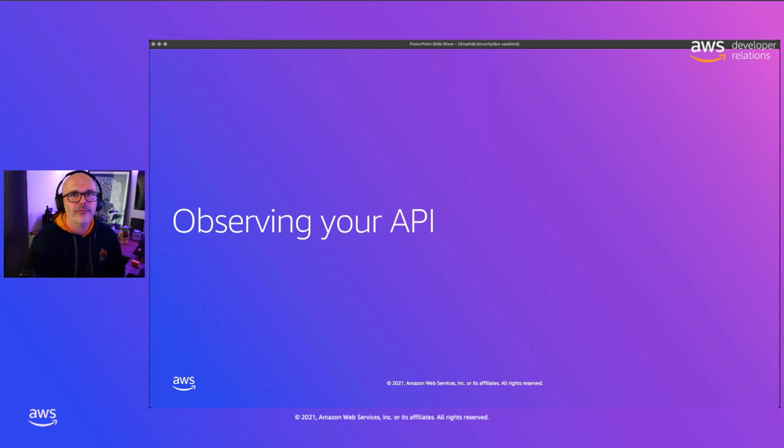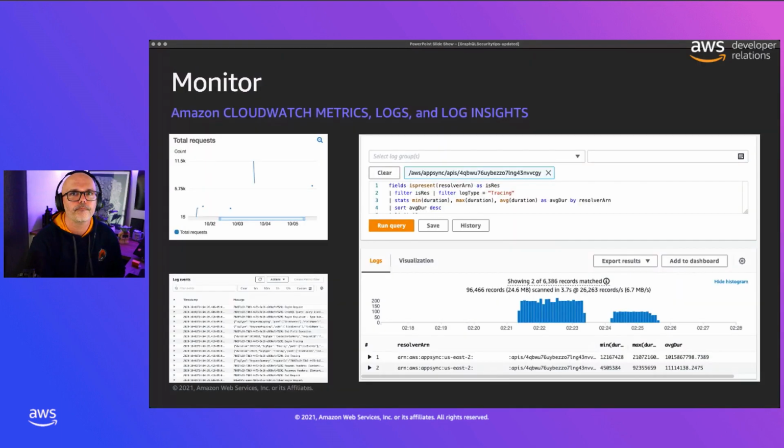Next, we're going to take a look at protecting performance. First thing you want to think about when you talk about protecting the performance of your API is making sure that you can actually monitor that performance. Therefore, making sure you understand what's going on with the performance and with your API. AppSync allows you to do that by providing CloudWatch metrics. So by default, you can monitor the latency of your API, and you can also monitor the number of requests that are coming into your API, number of 400 errors and number of 500 errors.